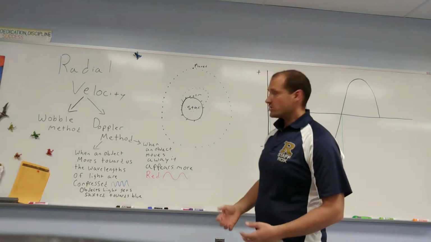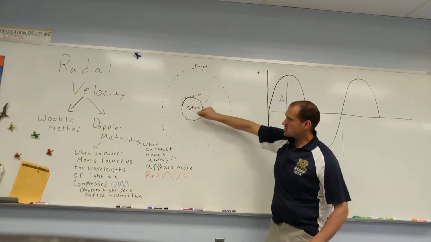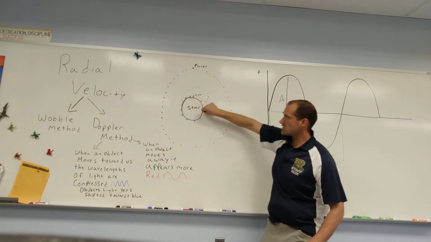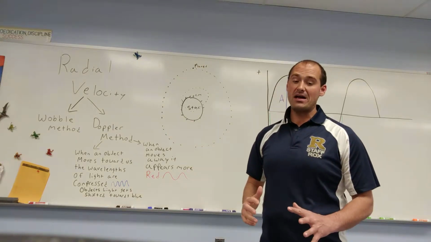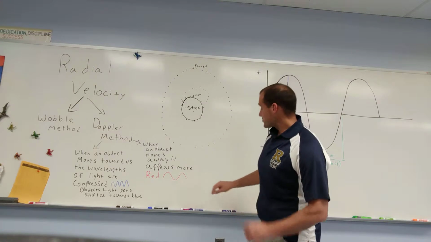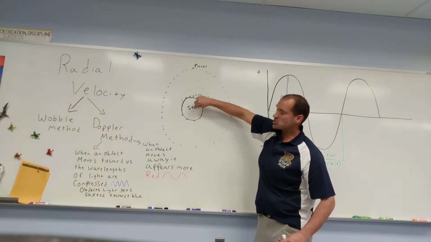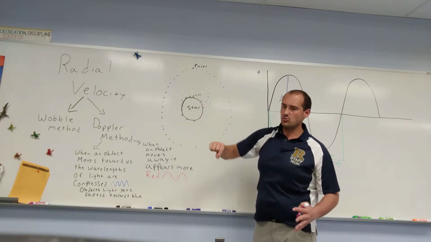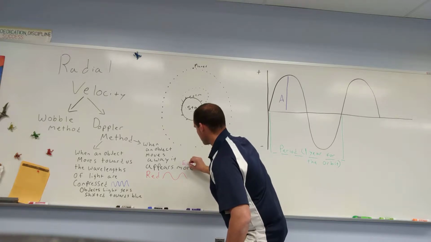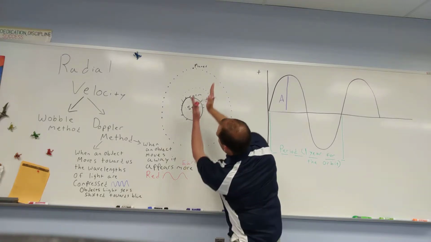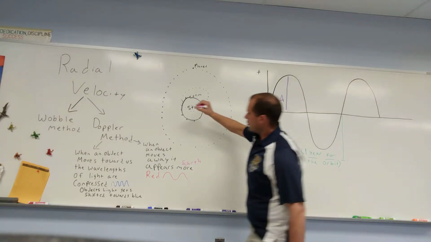So what I've shown you here in a little bit of a drawing is just, we got a star and we got a planet, and this star is orbiting around the common center of mass, and of course the planet as well is orbiting around the common center of mass. When the planet is at this part of its orbit, you'll notice that the star is actually closest to us. So if you could imagine like Earth being in this general direction, kind of looking towards this star and planetary system. As the planet goes around,